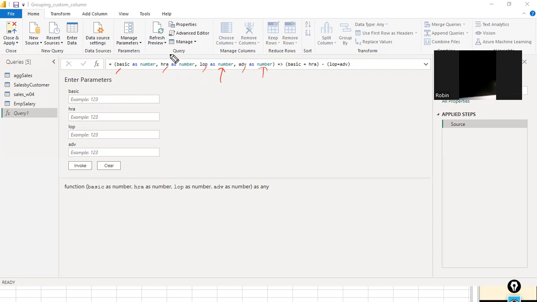it is asking me to enter the value. Okay. So for example, in this case, I'm going to enter the basic as 1 lakh. And then HRA is 25,000. And then loss of pay is 10,000. Okay. And the advance amount he borrowed is 20,000. And then if I click on invoke, what will happen is